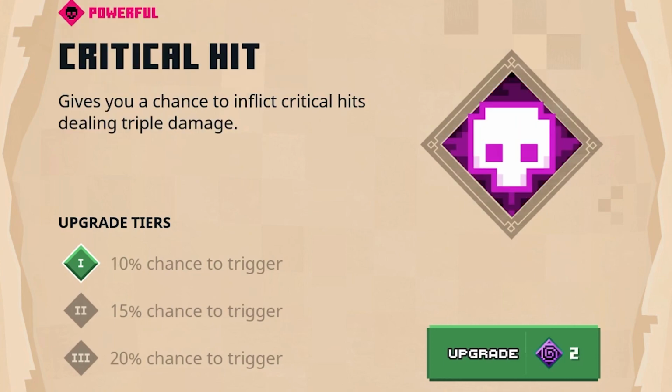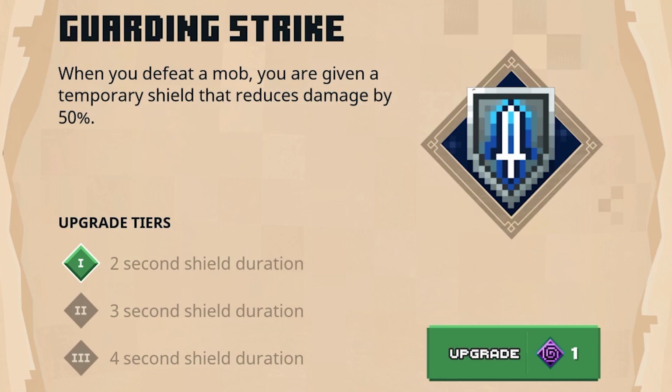Of course, critical hit could be very interesting, but at the same time with only a 20% chance to trigger, and if you're already attempting to one-hit kill those mobs without too many hits, I think this one would be overkill. Instead, what I think would be pretty interesting for this kind of build would be the Guarding Strike, because